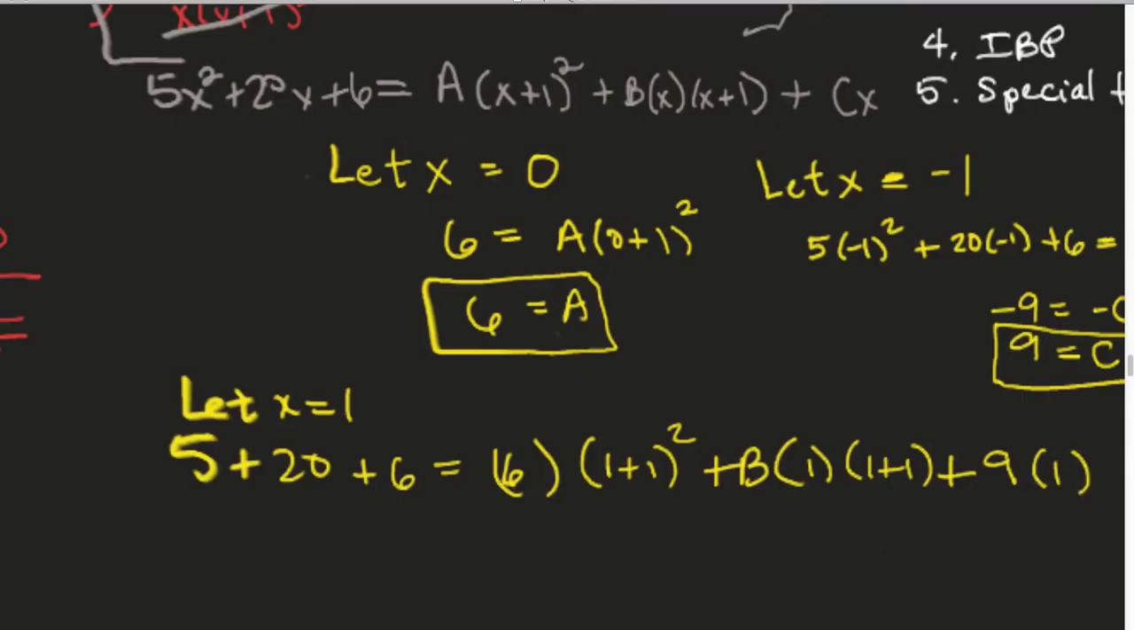All I did was plug in my A and C, sorry, and chose an arbitrary value of x, and I chose 1 because 1 is easy to multiply and square. So the left side gives me a 31, and then here we get 2 squared is 4 times 6 is 24,